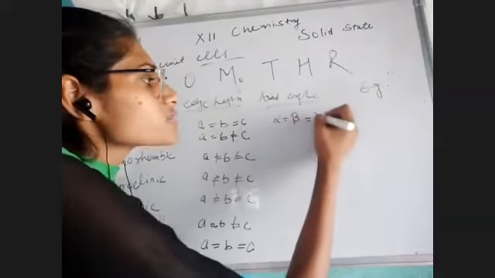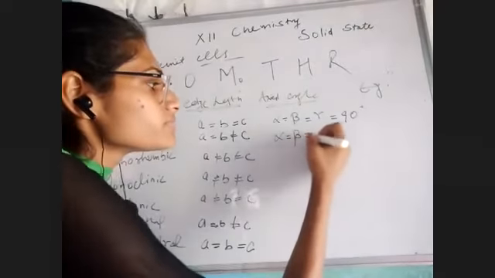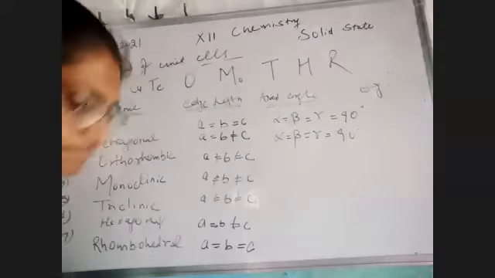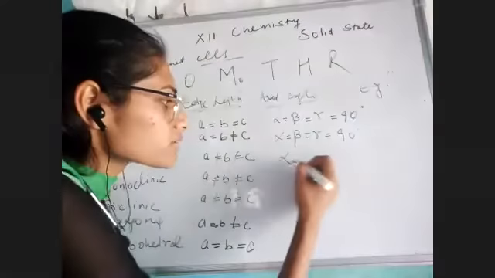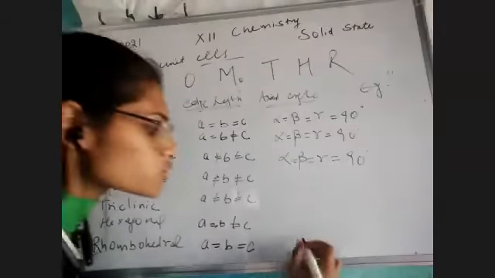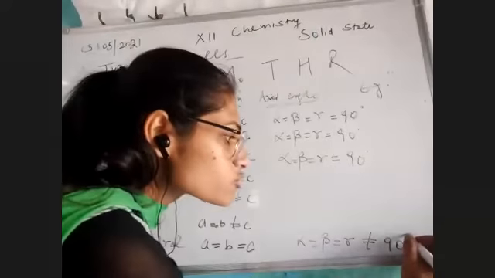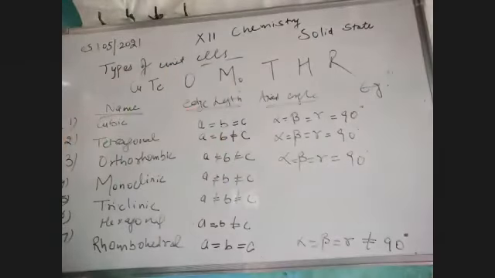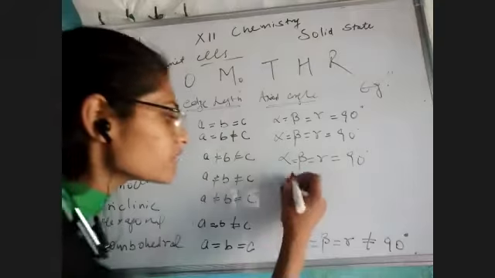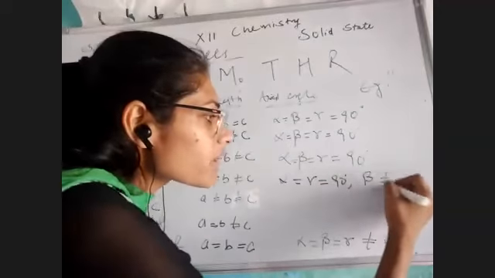Alpha beta equals to gamma equals to 90 degree, same as it is. Yes, the three have the same alpha beta gamma equals to 90 degree. And the last one have alpha beta equals to gamma, but not equals to 90 degree. Okay, now we are left with three, the monoclinic, the triclinic, and the hexagonal. Let's start with monoclinic, which have alpha equals to gamma equals to 90 degree, but beta not equals to 90